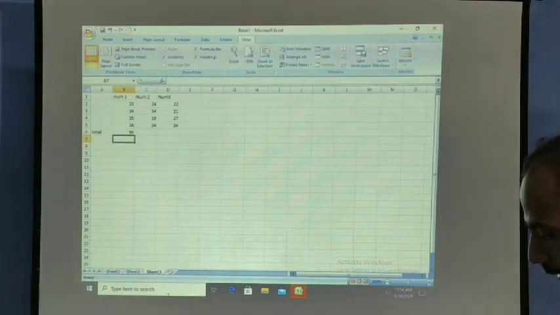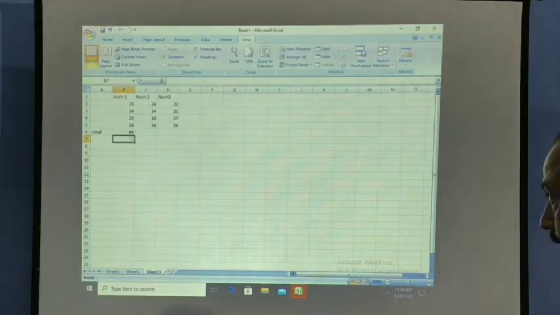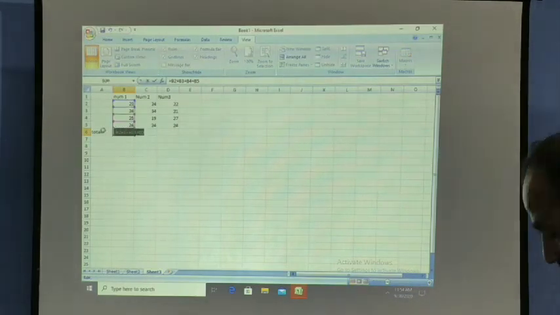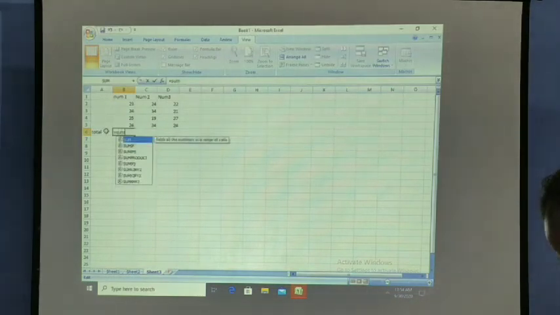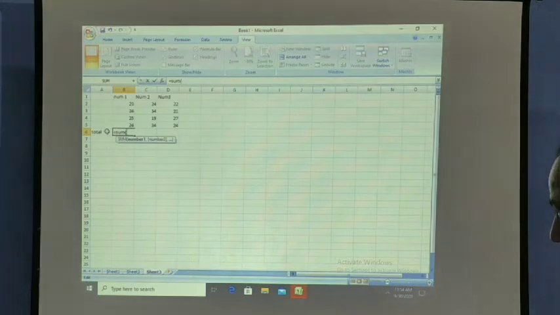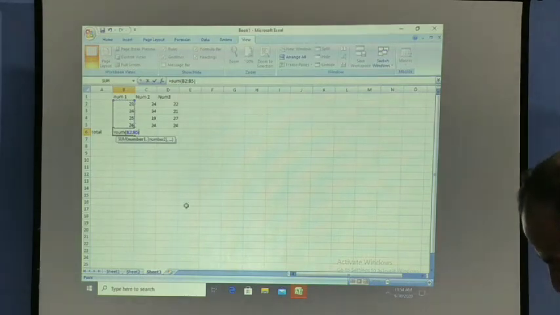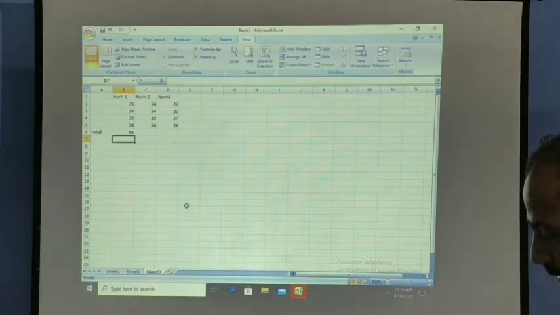So this way you can add the numbers. So instead of using this, you can use the formula. In case very large data is there, we can use the sum also. In order to use the sum, we can just write equals to sign, sum function, open the bracket, then sum of what? Sum of this number, here to here, and close the bracket. So when we specify this also, we can get the sum of the numbers.